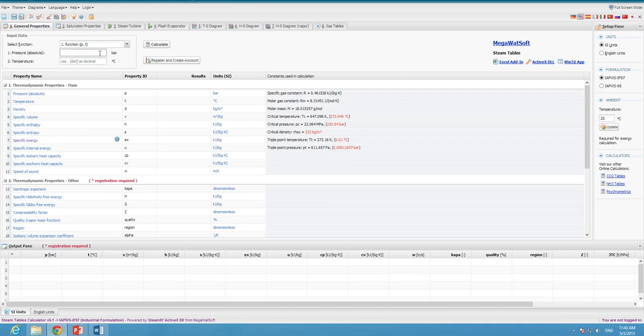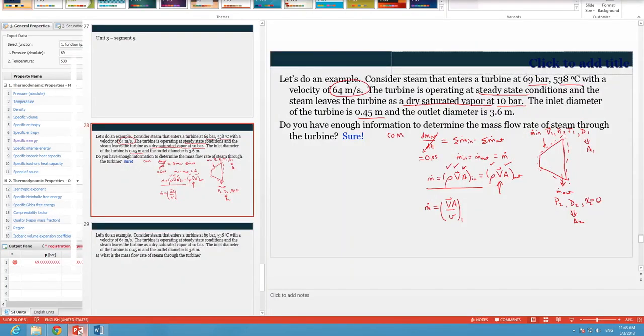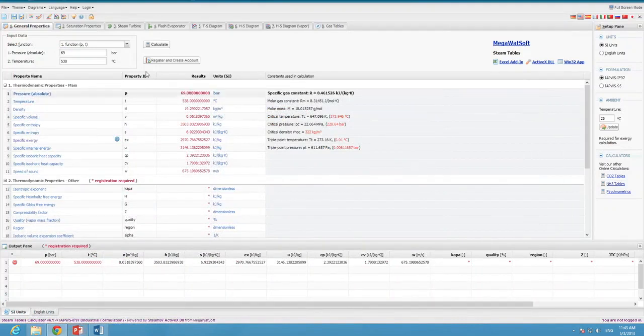Okay, so we know from our problem statement that we have an inlet pressure of 69 bar. I want to make sure I got that number. And we have an inlet temperature of 538 degrees Celsius. And we're going to hit calculate. And it propagates this table for us. So, again, if we come back, let me just confirm. 538. Okay. So, 69 bar, 538 degrees Celsius, and you can see we get everything and anything we want to